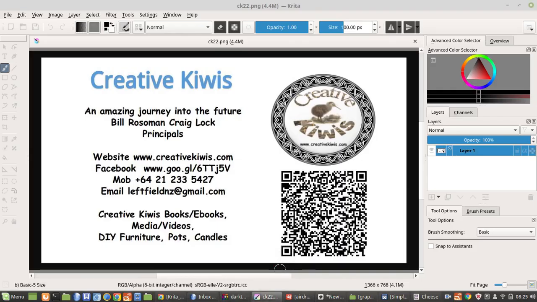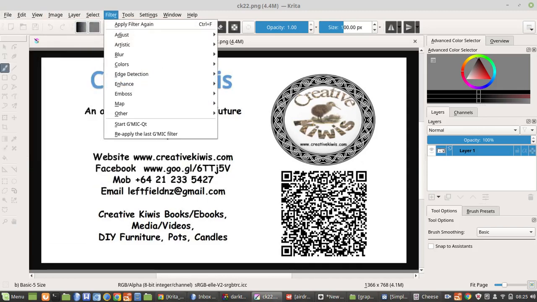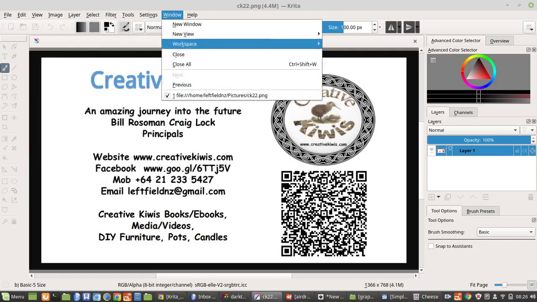Another one is called Krita. It's a basic paint program. So again, you've got lots of options up the top here, filters,